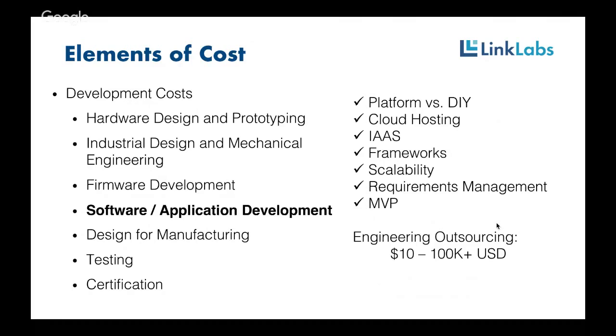So being able to manage the requirements and manage a software team that can be agile and continue to improve over time is important. It's hard to put a number on what this costs. Building a proof of concept beta software using existing frameworks is generally around $10,000 to offshore it. And if you have an in-house team with a big budget, certainly 6 figures.